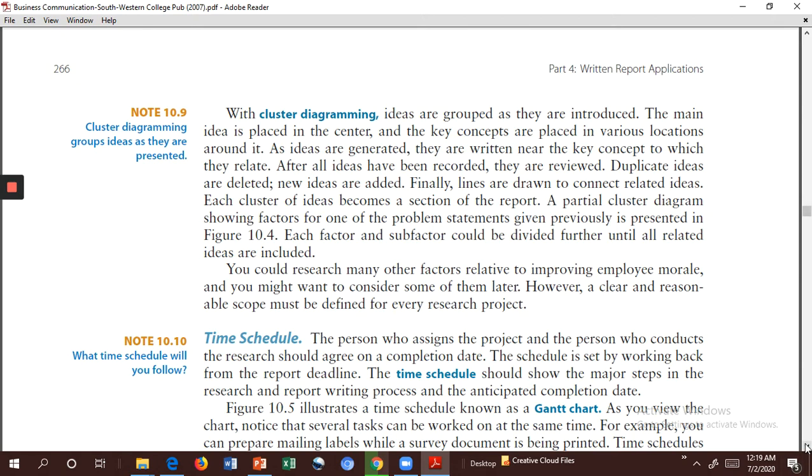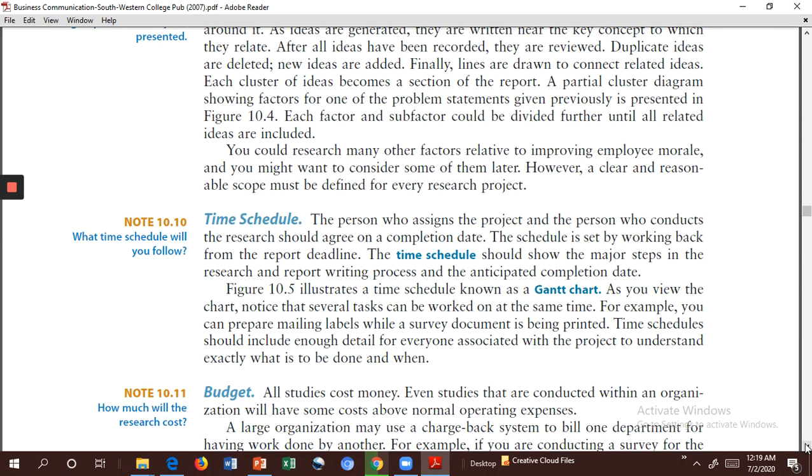Then comes the time schedule. Of course, that's something very important. You cannot keep on conducting research throughout your life. You have to set up the timeline, right? And you have to, of course, tell what things